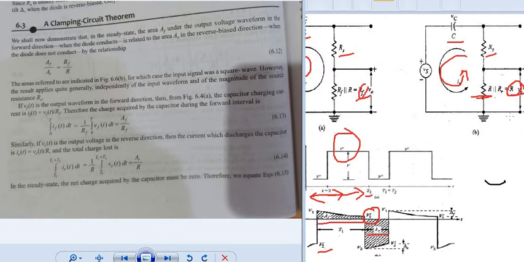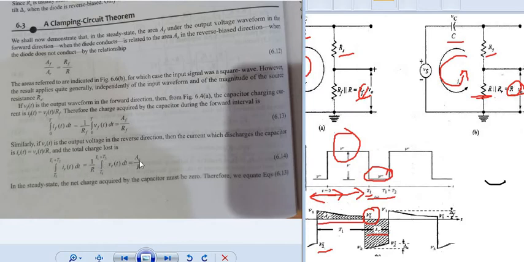So that can be given, and the time interval is now from T1 to T1 plus T2. I hope you are clear here. T1 to T1 plus T2. So the integration from T1 to T1 plus T2 of IR of t dt is equal to the integration from T1 to T1 plus T2 of VR of t divided by R into dt. Now I will take the R term outside of the integration, then I will be giving this particular part